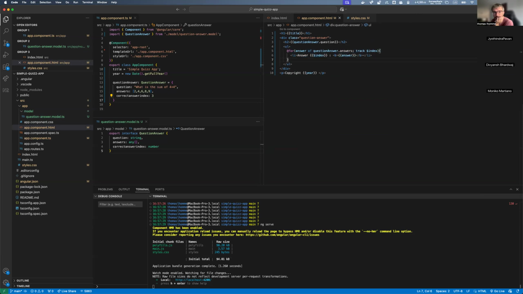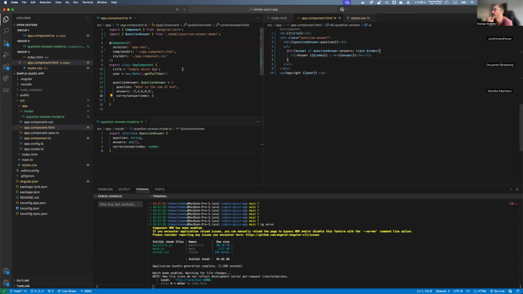So we're going to modify this. We know what the correct answer will be. The correct answer here will be the answer at index 3, so that will be 0, 1, 2, 3. We want to be able to click on this and say if we have a good or a bad answer.